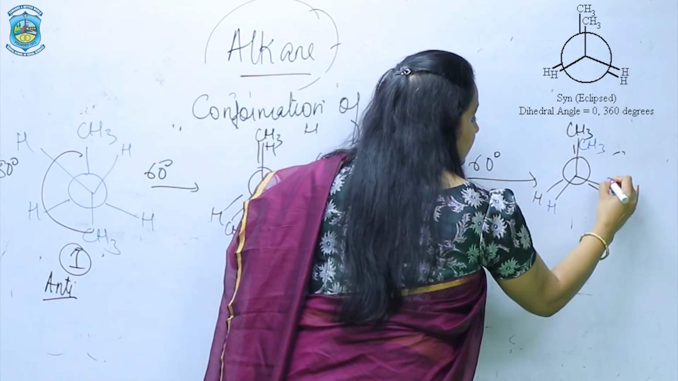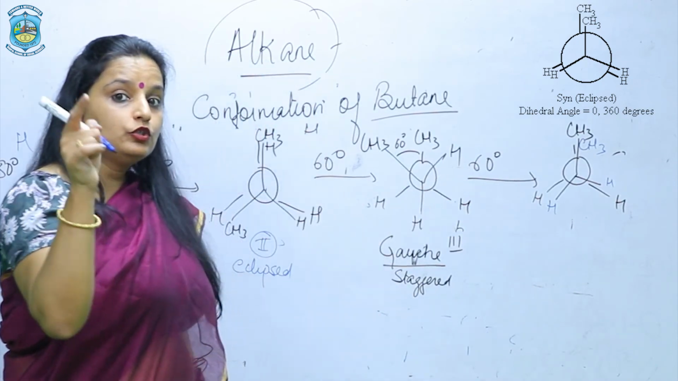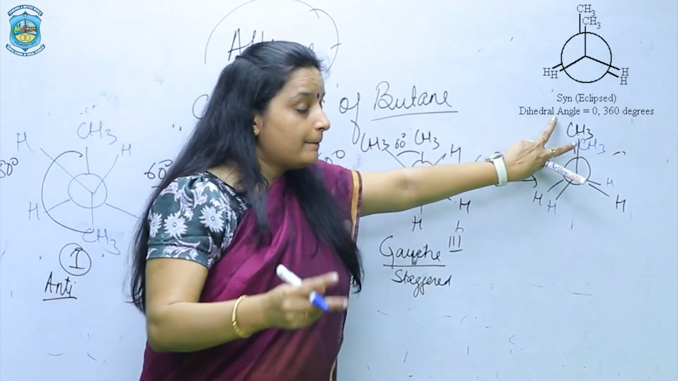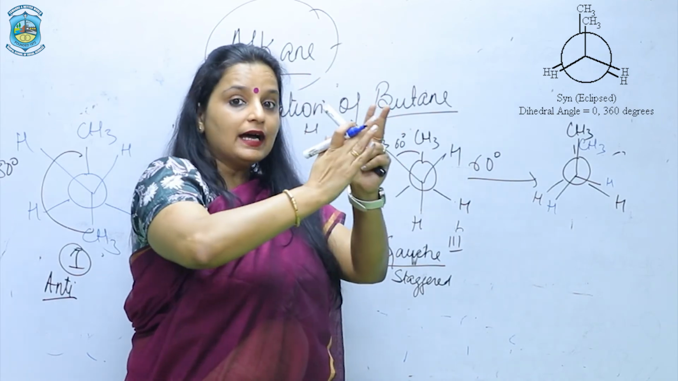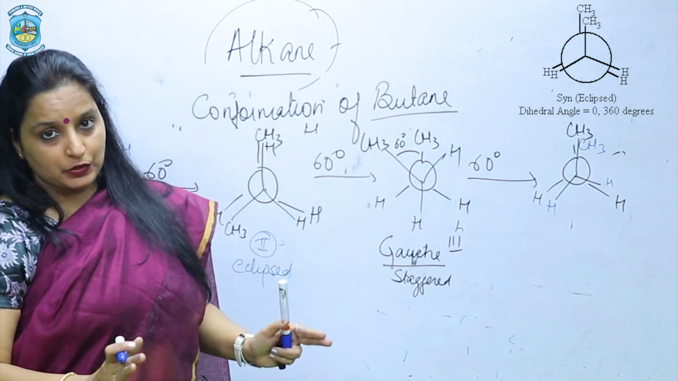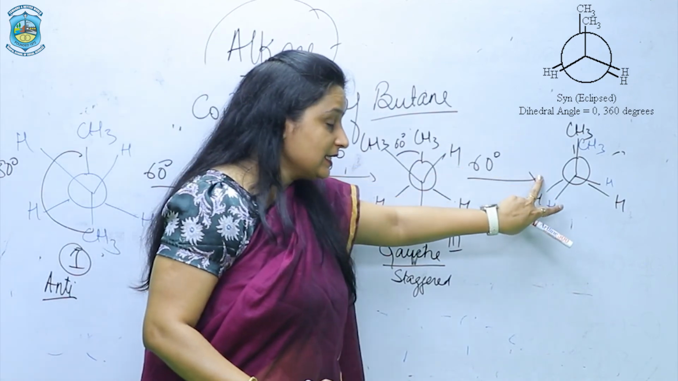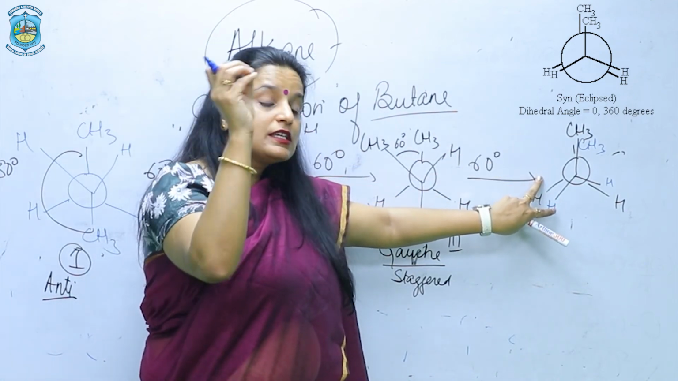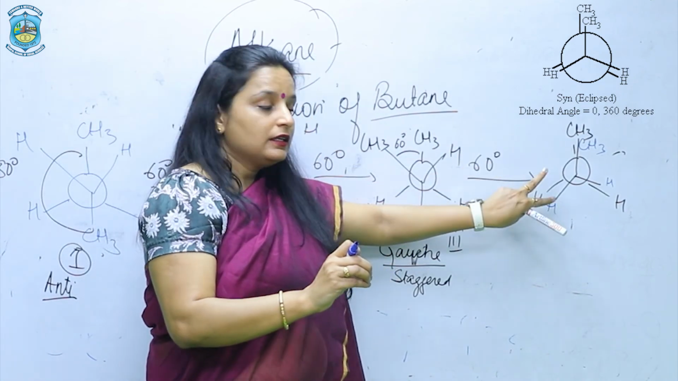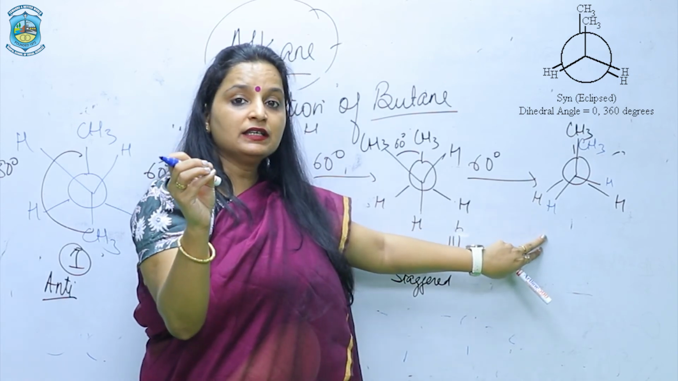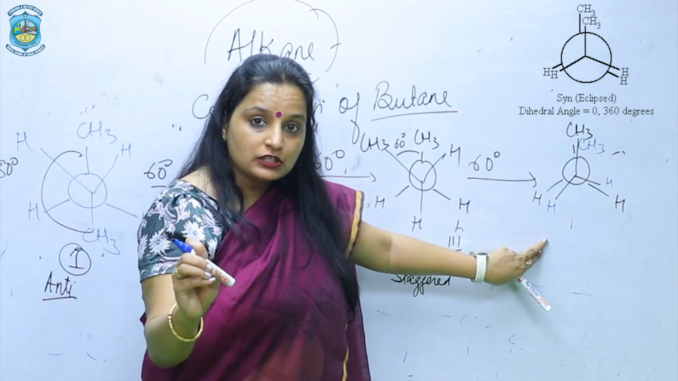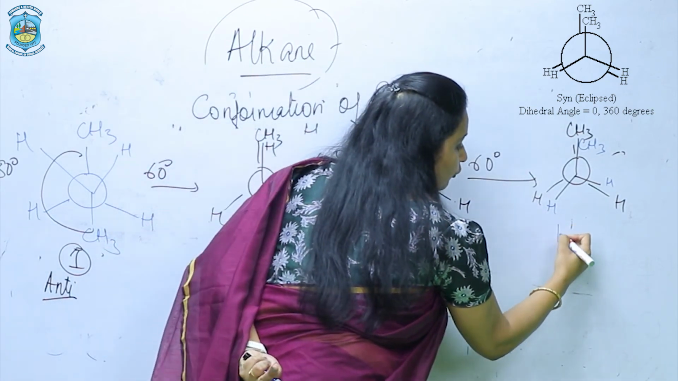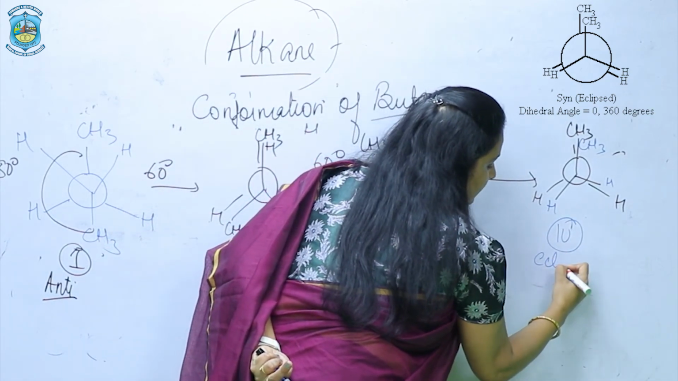eclipsed. But here in this case, you observe that the two bulky groups are eclipsing with each other. That means the maximum strain is observed in this case. Why? Because this structure will be experiencing steric strain as well as torsional strain. So, I number it 4 and it is called eclipsed